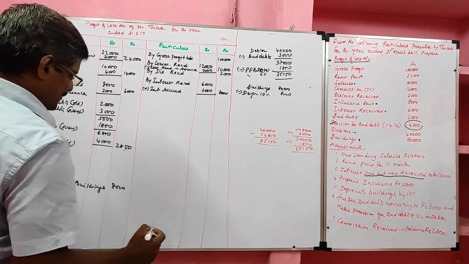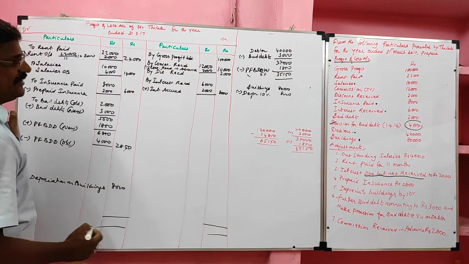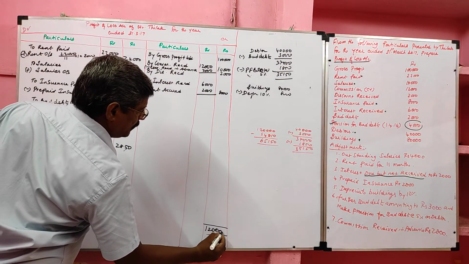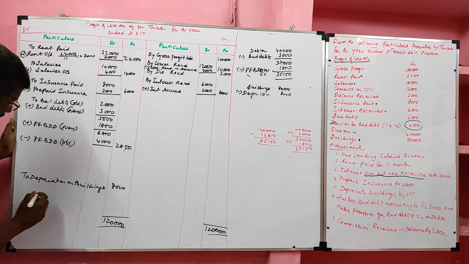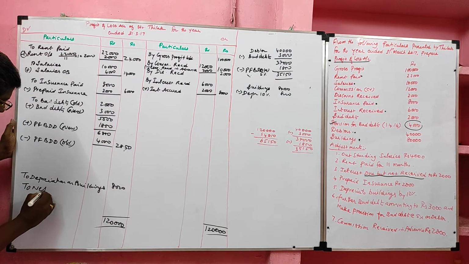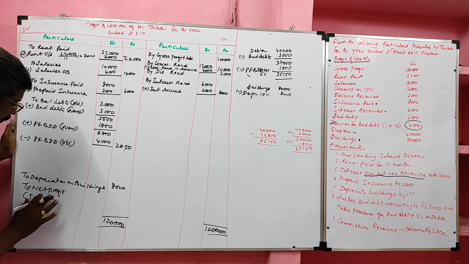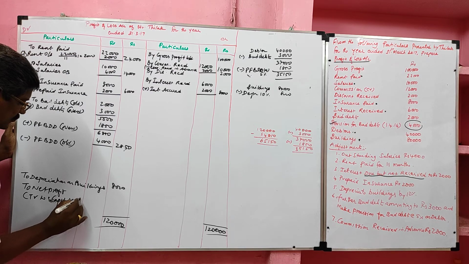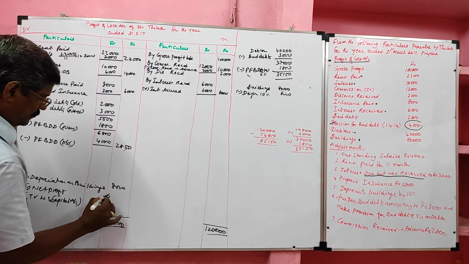Then I am going to balance it. Here the credit side value is heavier than debit side. So the credit side value 1,20,000. Bring it to the debit side. Then deduct these expenses. You will get net profit, transfer to capital account. Net profit transfer to the capital account. The value I already ascertained, 65,150.